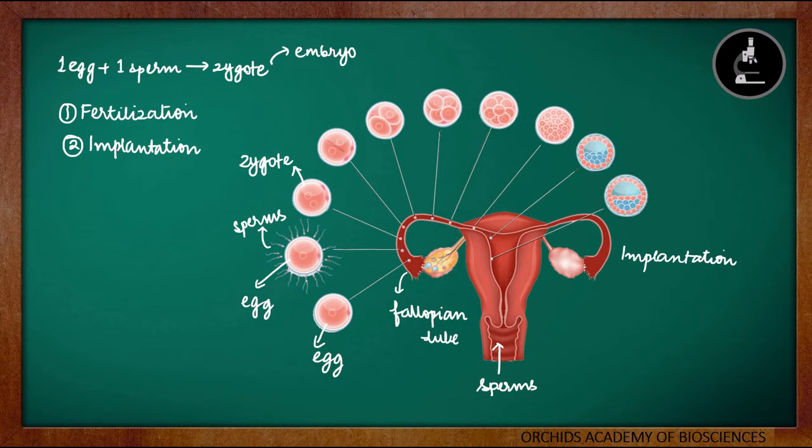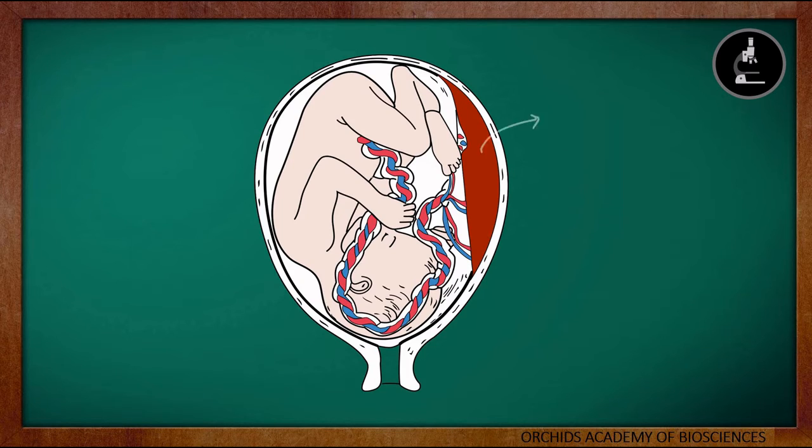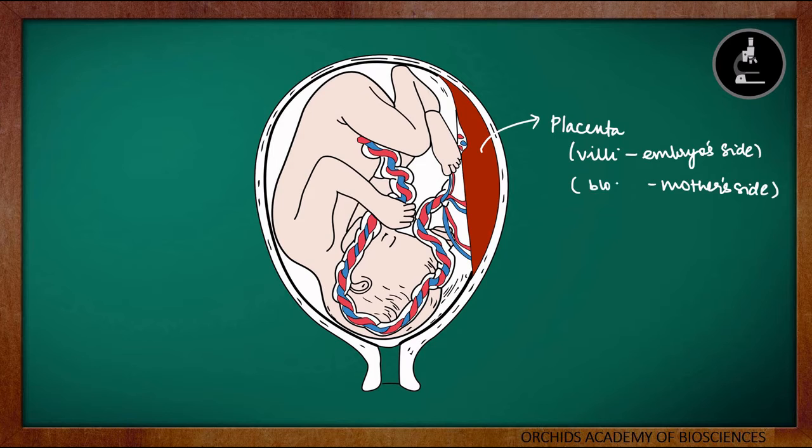Moving on to next. Here the embryo, after getting implanted, gets nutrition from the mother's blood through a special tissue called placenta. This placenta will be surrounding the entire embryo and finally the fetus as well, and it acts as a connection between the mother and the fetus. The placenta will have numerous villi on the embryo side, whereas on the mother's side there will be blood spaces. These villi are present so that they can give more surface area for